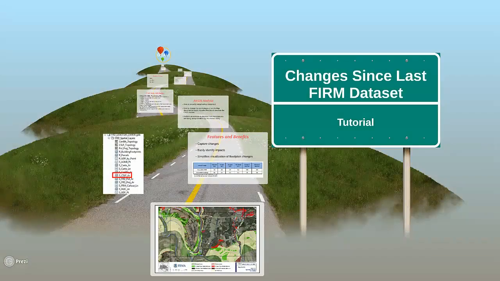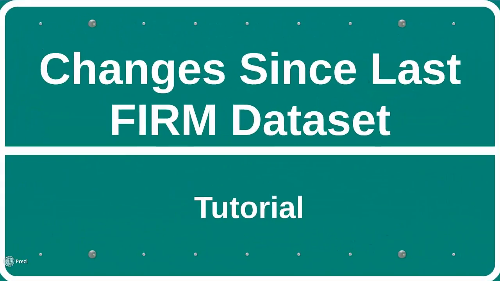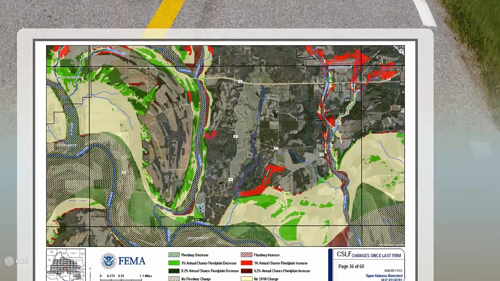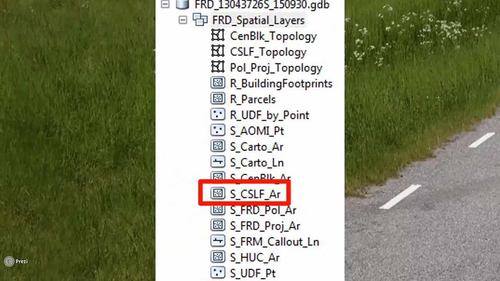In this training exercise, we will be discussing the Changes Since Last FIRM, or CSLF, dataset from the Flood Risk Database, or FRD. At first glance, this dataset can seem complicated, but utilizing it properly can make it an extremely powerful tool. In the following video, we will give an overview of the dataset, demonstrate how to implement some best practices for visualizing the dataset, and go through an example to show how the dataset can be used to help